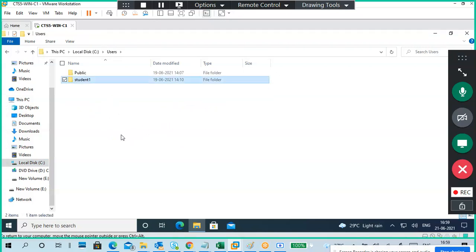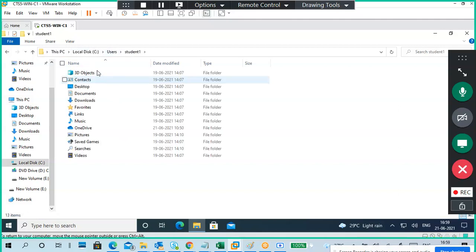Can you see student1? Users, student1. If you open student1, this is the student1 profile data.